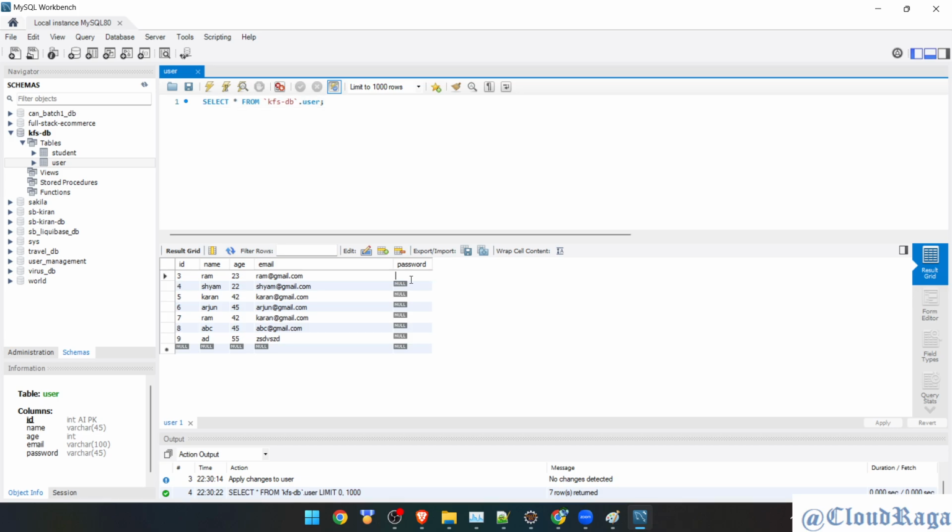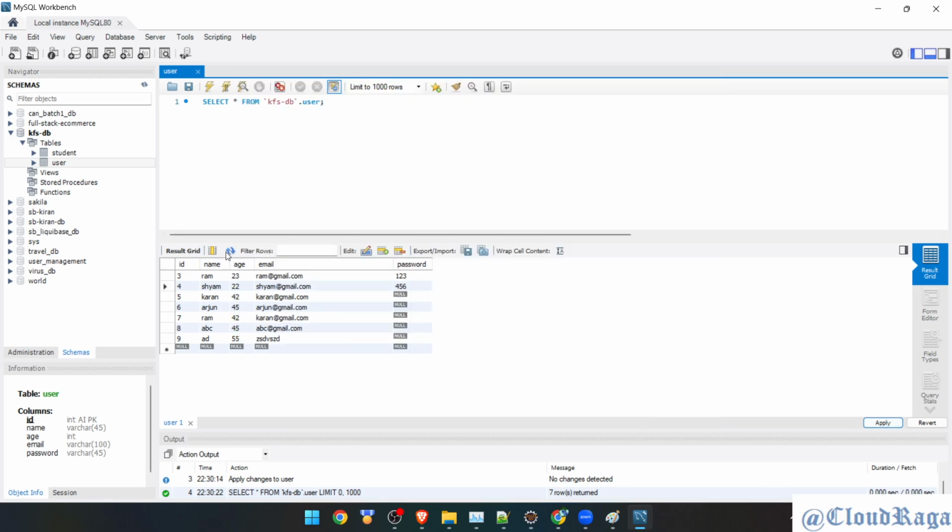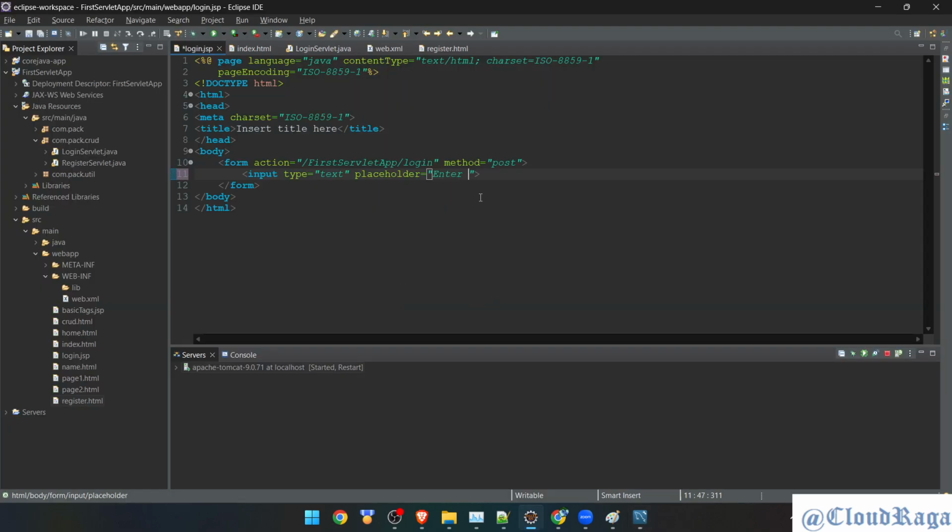Okay, so I'll give 123 as a password. And the next password is 456 for the user. Apply, finish. Okay, so we have entries now. Now we can use the name and the password. Fine. So enter name,